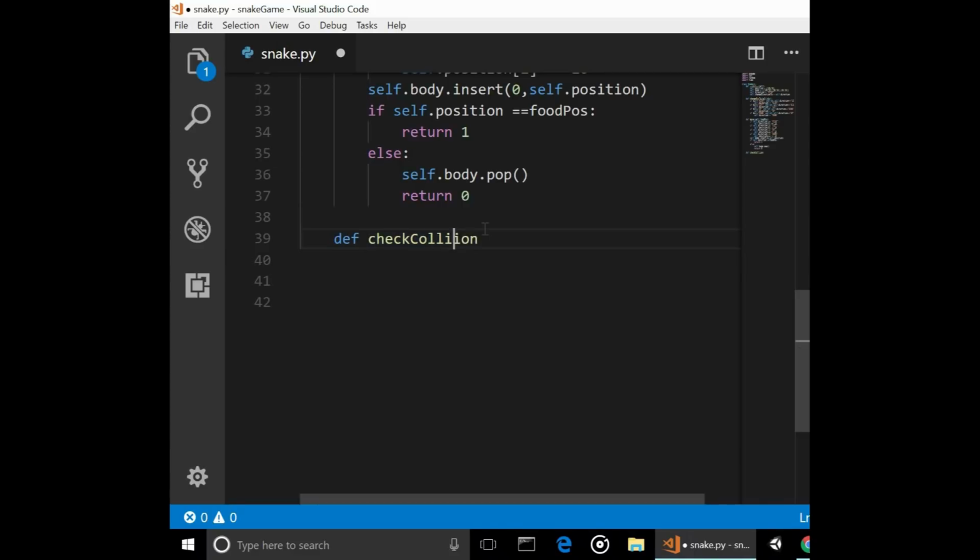My mistake. Collision self. If self dot position 0 is greater than, what should be our window length? Let's make our window length a square 500 by 500. And our element size is 10. So if this is greater than 490